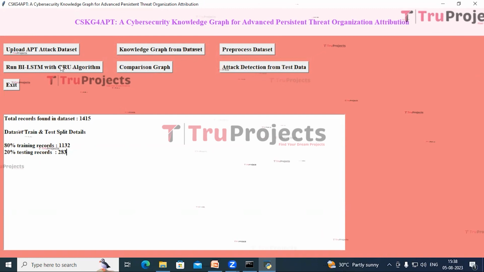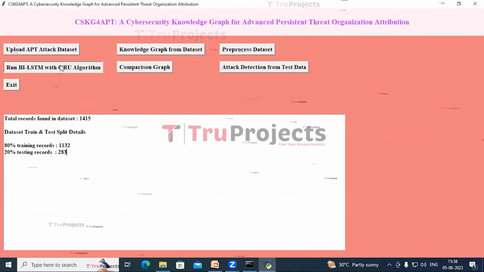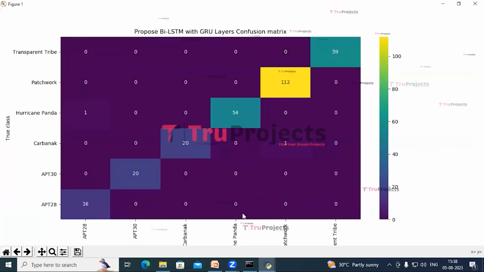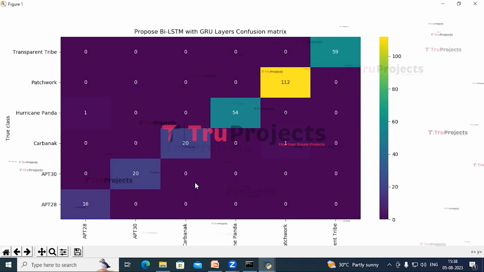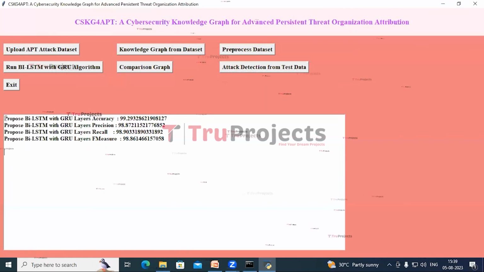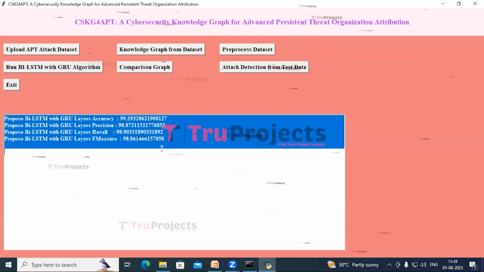Now click on the Run BI LSTM with GRU algorithm button. So in this confusion matrix, on the x-axis I have the predicted class, and on the y-axis I have the true class, and the diagonal boxes represent the correct predictions and the other boxes are the misclassifications, and we can see there are only a few misclassifications. Close this, and in the text area we can see the performance metrics of the BI LSTM with GRU layers model,